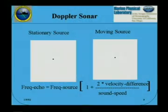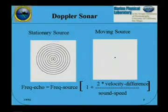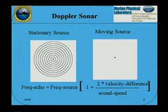The other thing you want to know is your relative velocity to some other object. How is it moving? How am I moving? Am I closing on it? And if you send out a continuous wave of sound, a long tone,